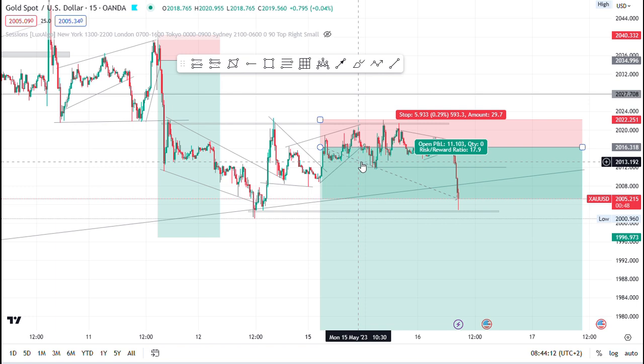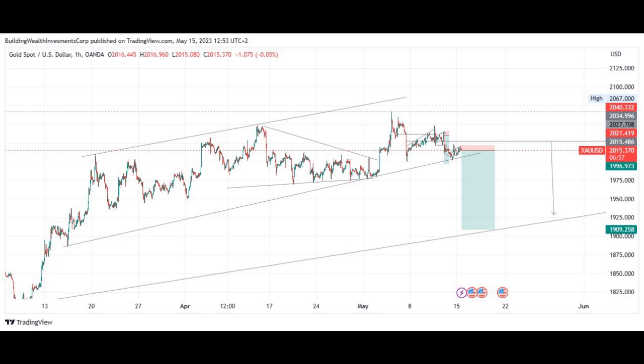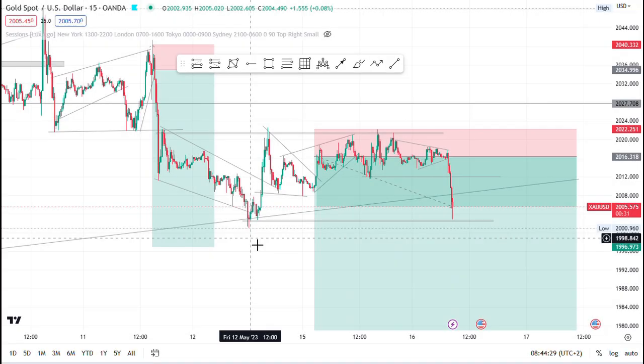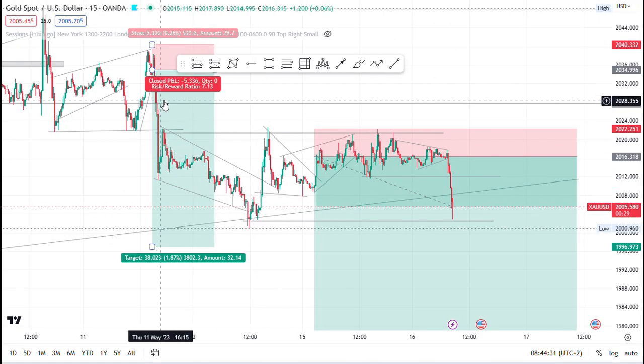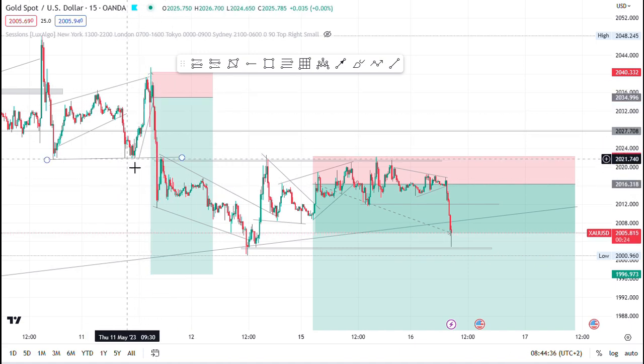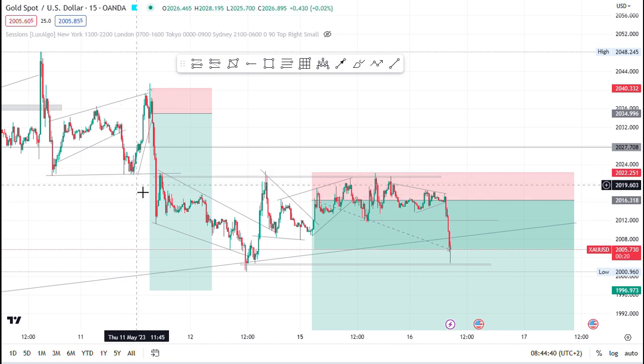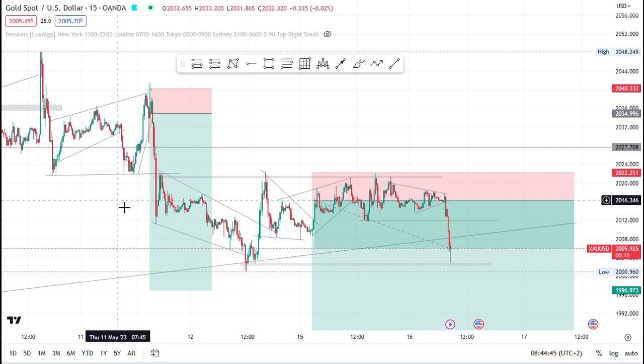So taking a quick look at gold, this is a current position that I'm monitoring. I'll leave a screenshot of where this position was entered, and right now I'll just explain what I was seeing at the time before all this happened. Looking at the previous price action, we can see that we had an impulsive move to the downside. And usually, what I like to do when this happens, when our previous high or our previous low gets broken,